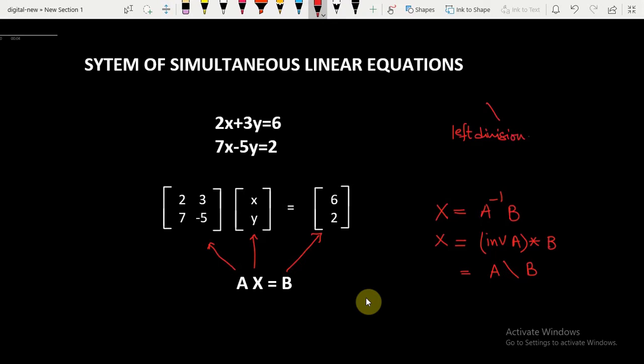This is different from the normal slash which we use for normal division, and this we call the right division operator. So if we use this left division operator, then we can compute the vector X.